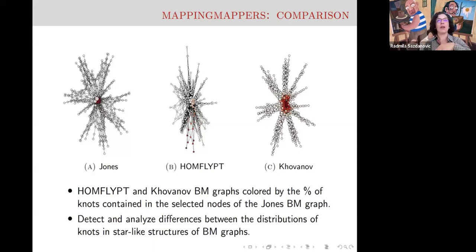More delineated, which is good. So it's kind of like maybe scaled, but if you actually pull it back to the Homfly PT, which again is not surprising to non-theorists, it then gets spread throughout the whole flare. So it says that the distributions of knots here are very, very different. And again, that could be used as a hint to which things are going to be distinguishable by one and not the other. But again, we were able to detect and analyze the differences between the distributions in these star-like